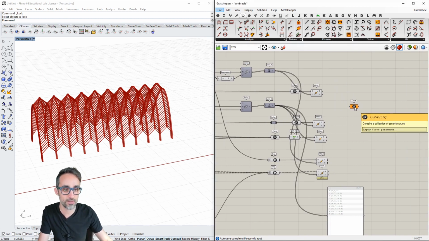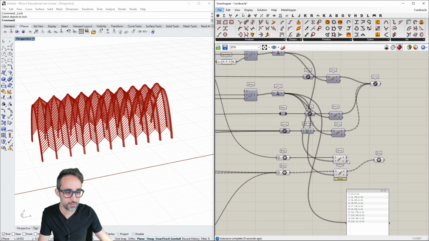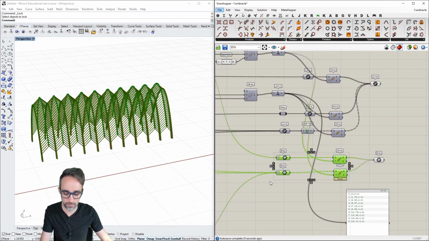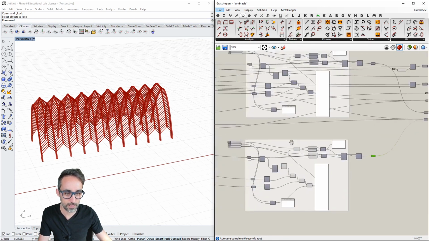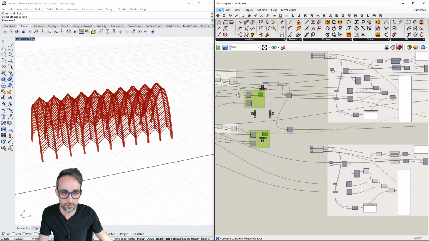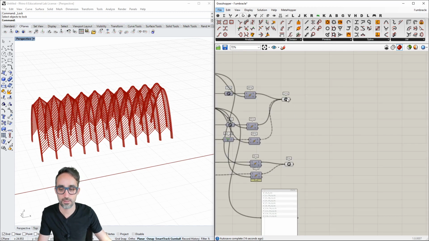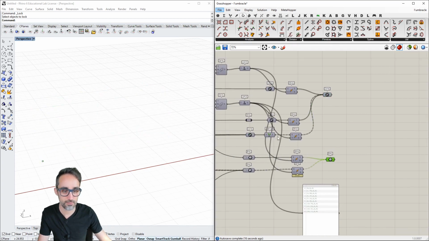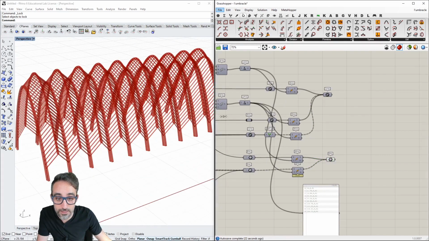I'm going to group everything that is curves in one component here so that I can turn them on and off in one go, and I'm going to group everything that are B-reps here with one component as well, so that I can turn everything on and off just with one component. And I'm going to disable the visualization of everything in the middle. And piece of cake. So now I can turn everything on and off. So you can see that I can only show the B-reps. So I have my very nice